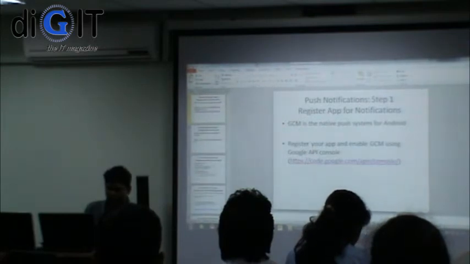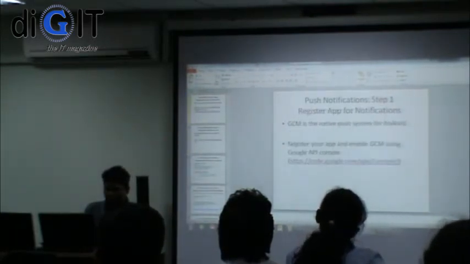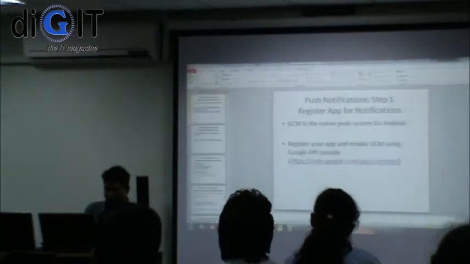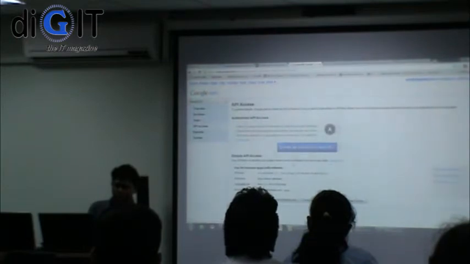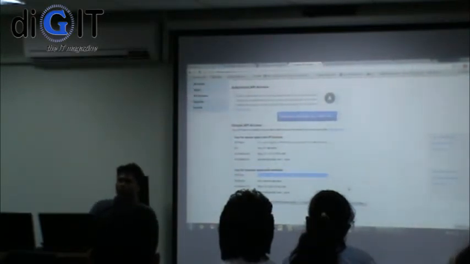If you want it for Chrome also, just enable that. Once you've done that, go to API access, create a new server key. Just create. What you need is a server key. You'll be using that to set up the server and push.